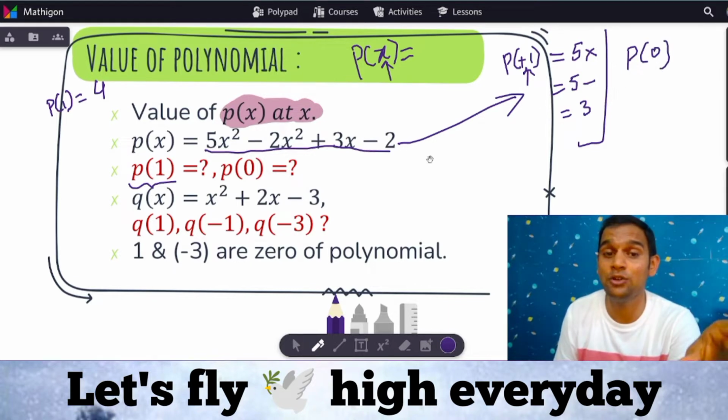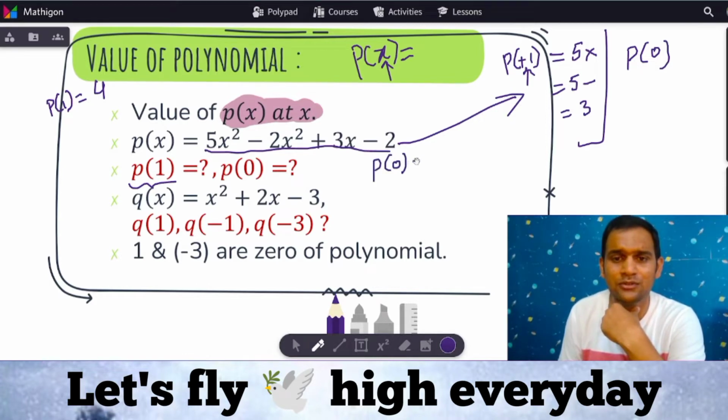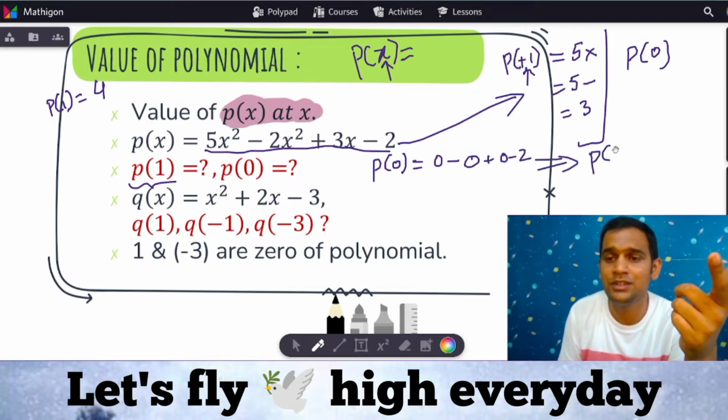Wherever we have the value of x, we will substitute it by 0. So p of 0, I'll calculate it here. P of 0 equals 5 times 0 is 0, because 0 squared is nothing but 0. Minus 2 times, we'll substitute 0 here, so 2 times 0 is also 0, plus 0 minus 2. So the value of p of 0 is equal to minus 2,